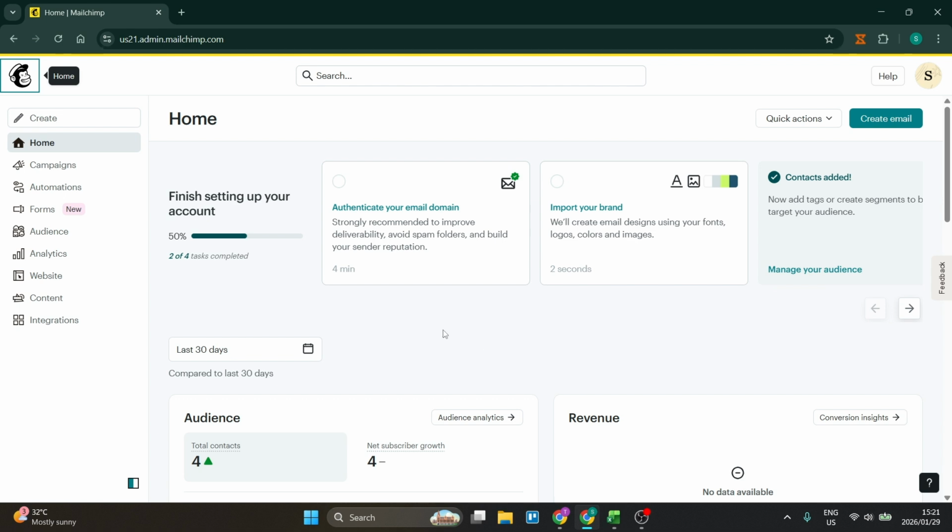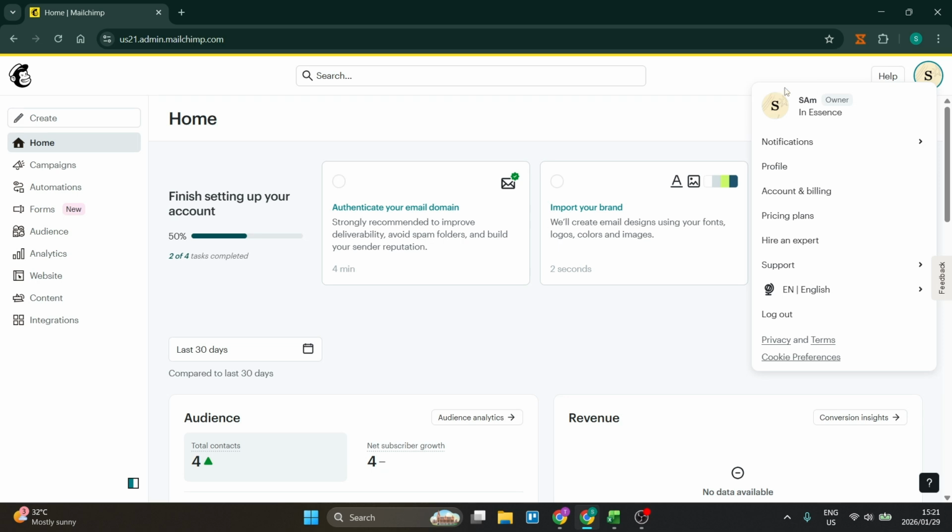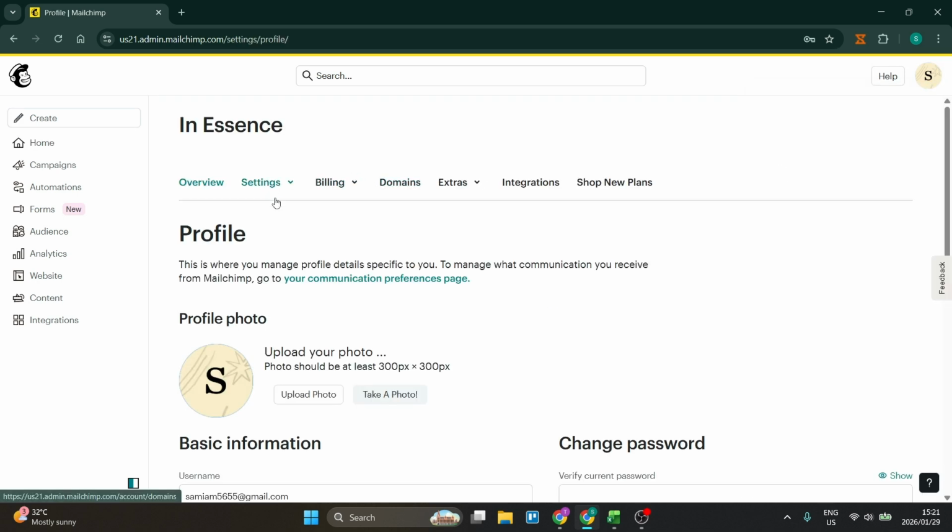Today I'm going to show you how to verify your email domain in Mailchimp. The first thing we're going to do is go up to our profile picture on the top right hand side. Mine is a big S. We're going to come down to profile, tap on profile, you'll see your overview here, and then you're going to